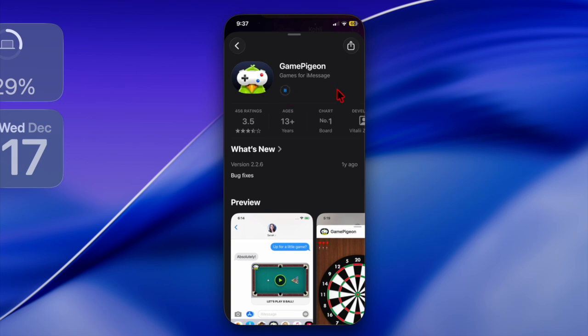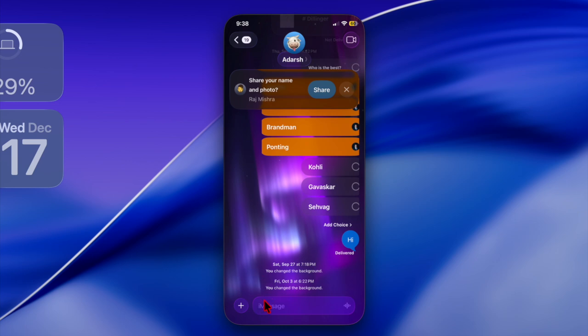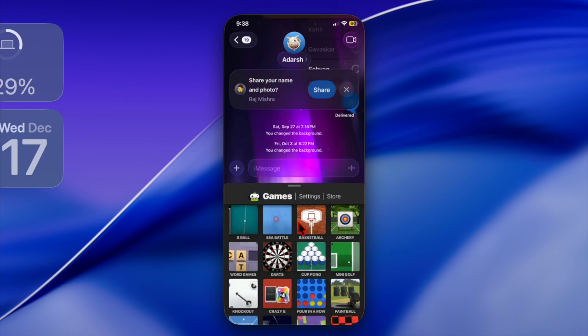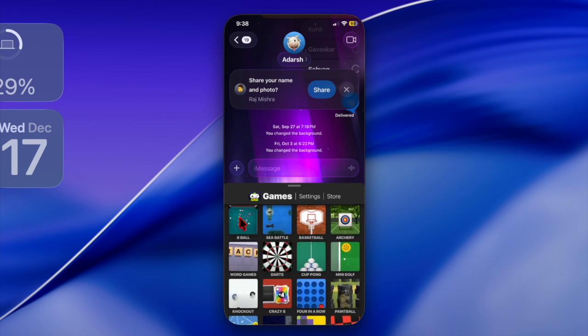You might need to authenticate with your Face ID or Apple ID password. Make sure to do it. Then hit the plus icon again in your iMessage thread and select the GamePigeon app from the list of apps. Then tap on the 8-ball pool game within the GamePigeon app to send the game